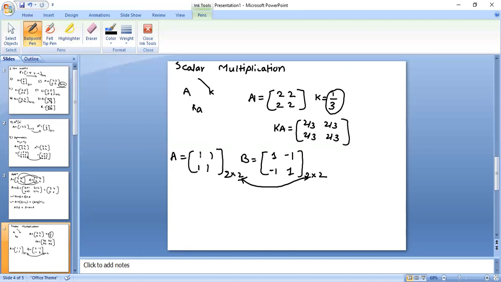So first this row you have to multiply with this, then you have to multiply with this. Okay, so A by B multiplication: 1 into 1 plus 1 into minus 1. Okay, then we have multiplier like this. Okay, so next you have to multiply by like this. So minus 1